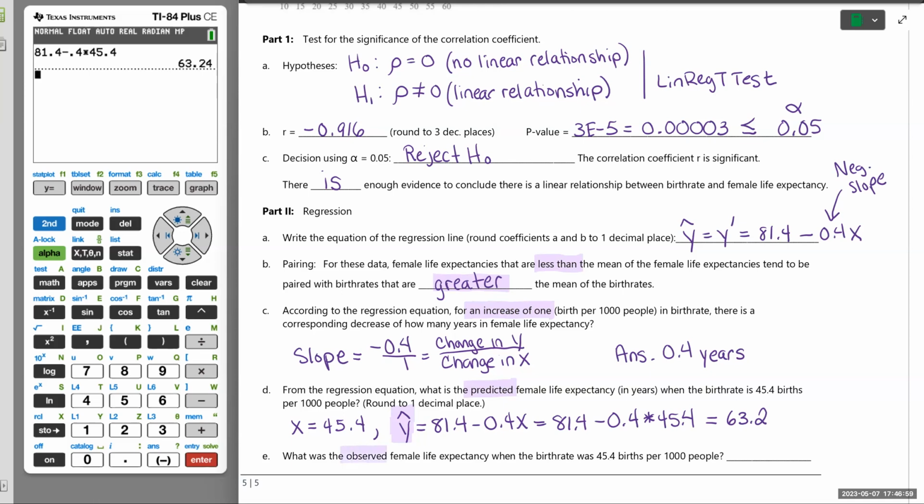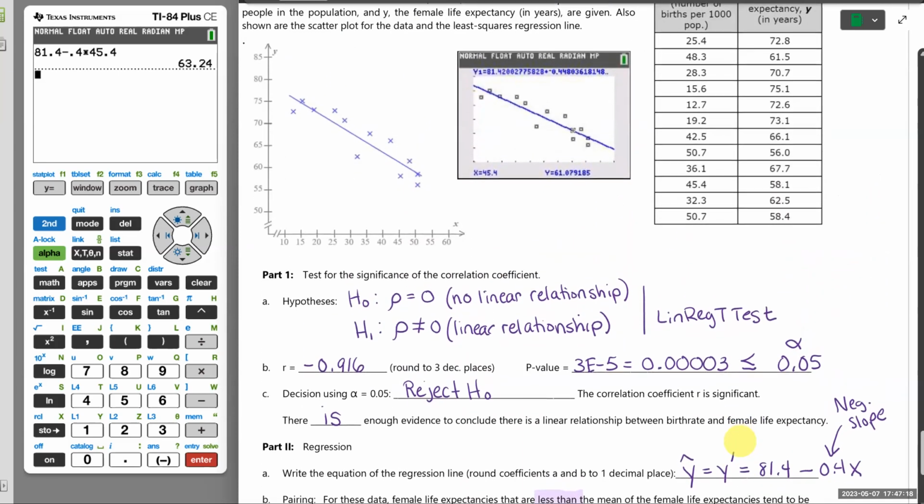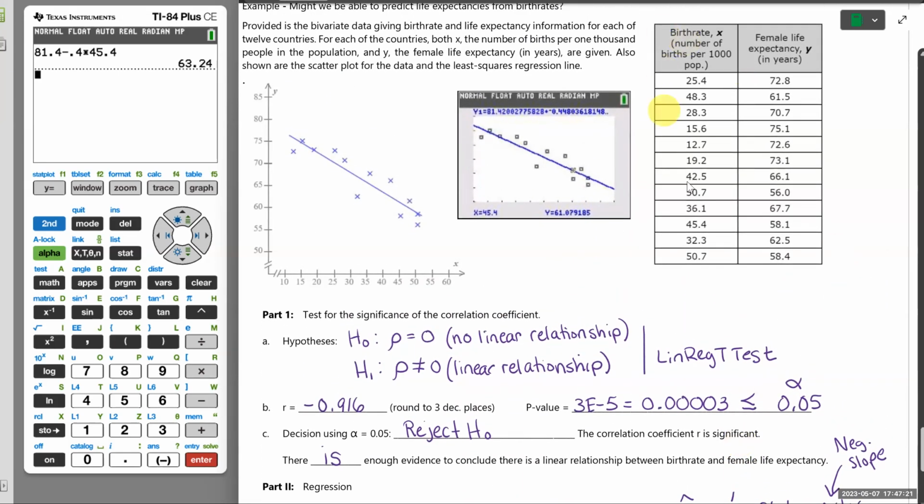When it says what was observed, that's going to be the value of y that we actually saw in our study. So there was a country that had a birth rate of 45.4. So we have to go back up to that table. If we look at our 12 countries in our study, there's the country that had a birth rate of 45.4. And in that country, female life expectancy was